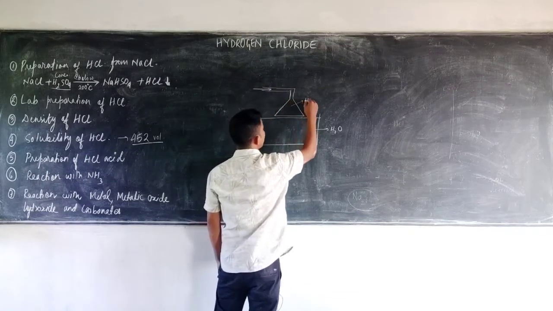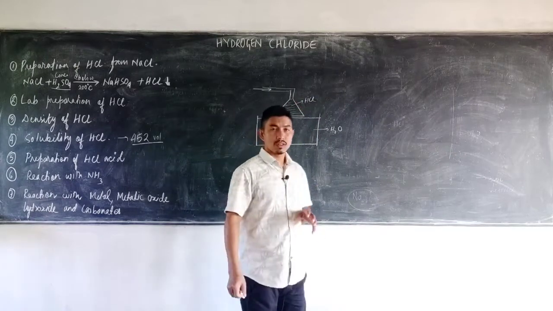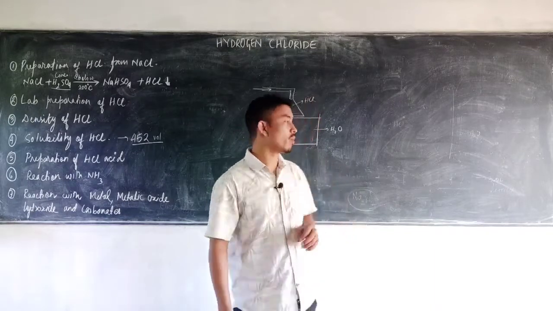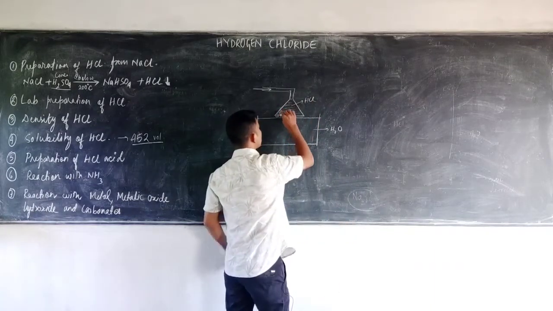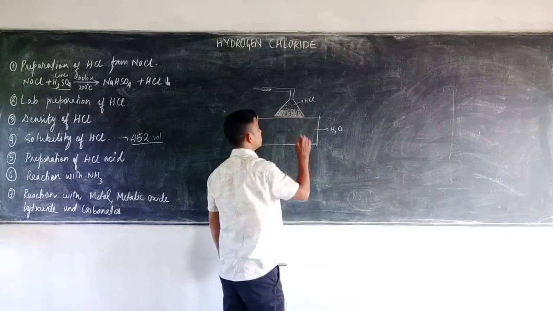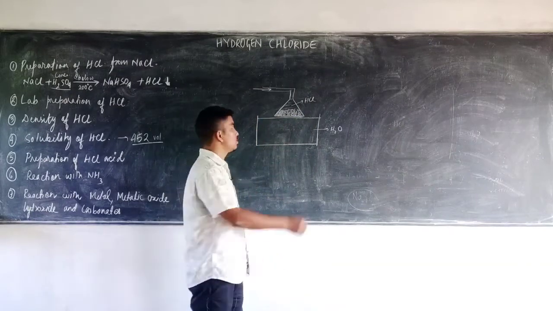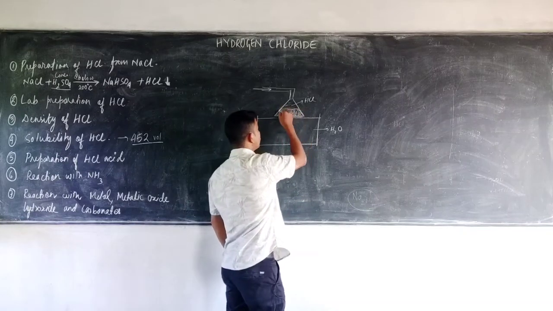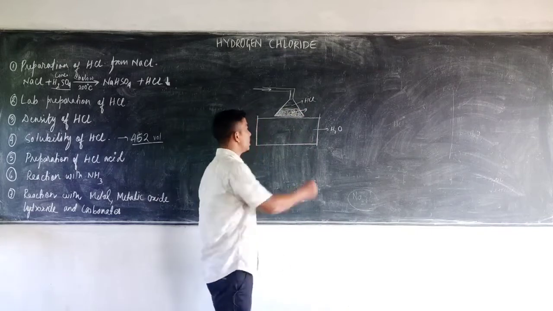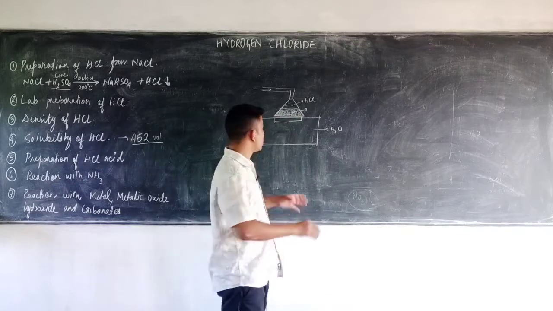So this contains HCl gas. When this inverted funnel is filled with the HCl gas, the HCl gas being highly soluble in water, what happens? The water gets sucked up in this funnel, creating a thin air gap between the surface of the funnel and the water, which creates the pressure difference, and due to the weight of the water itself, the water which is being absorbed by the HCl gas falls down into the beaker again,